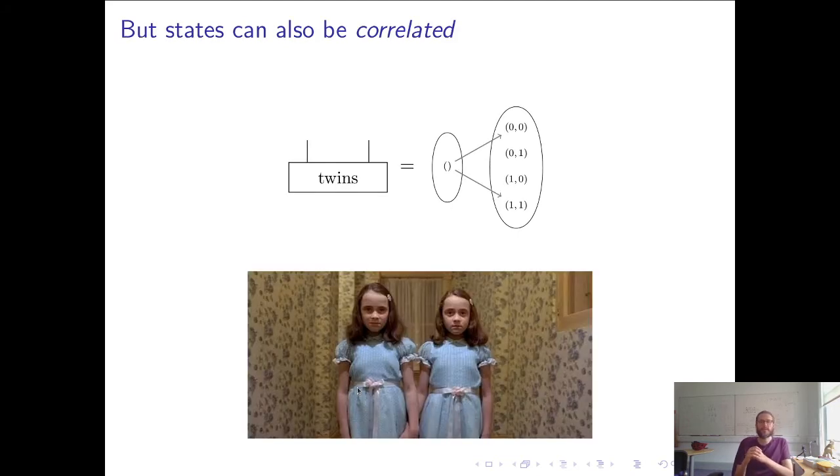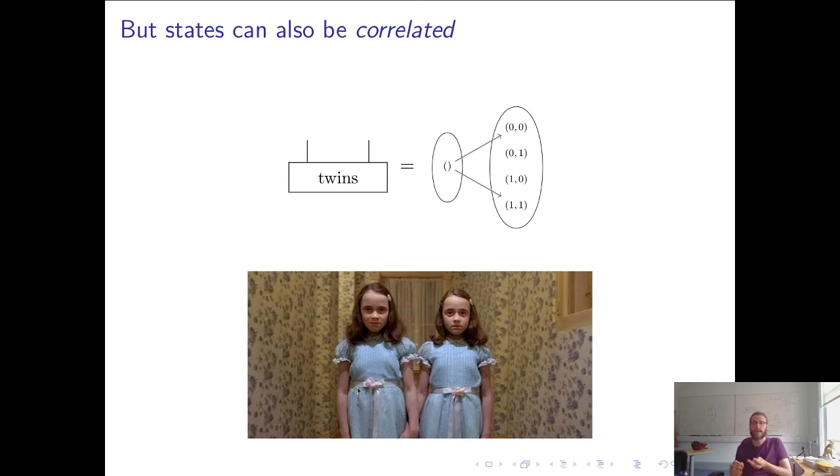But I can also have states which are not separable. Okay, and these states are called correlated. So suppose I have this state, which I call the twin state. So here I have 2 bits, and I don't know exactly what they are, but I know that they are equal to each other. Okay, so now